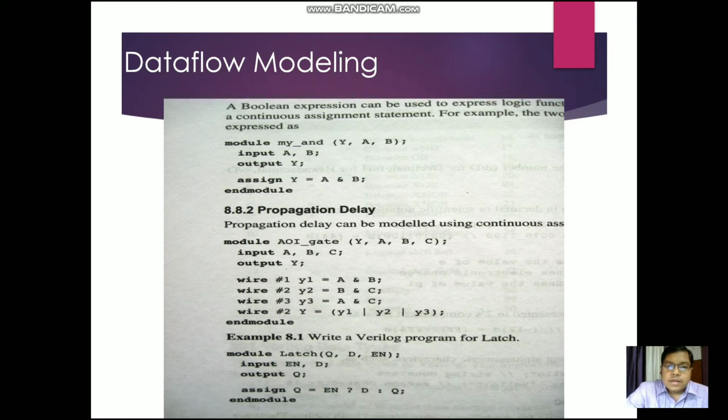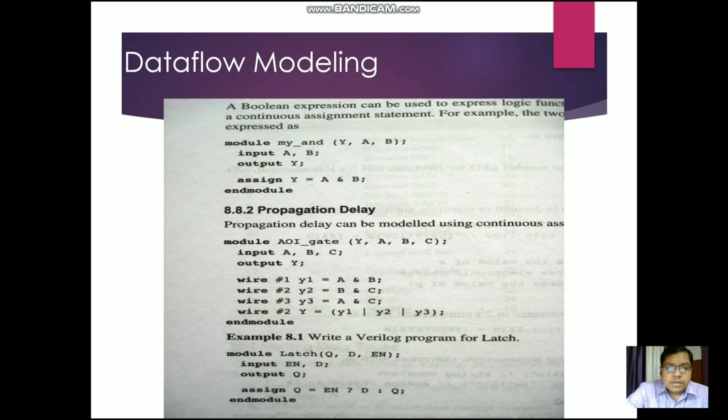After that you have to assign the brackets, where the input and output combination needs to be there. Here it is clearly visible that y is the output and a and b are the inputs. So I have to identify the input and output, and lastly I have to assign the value. So a ampersand b means that the logical AND operation between a and b will be performed and given to y,